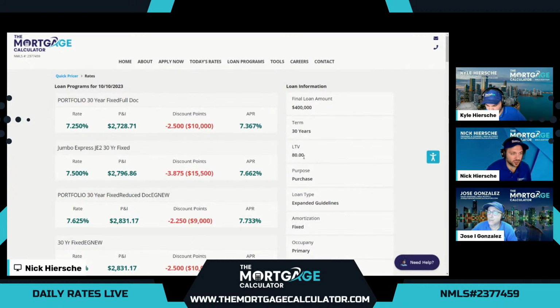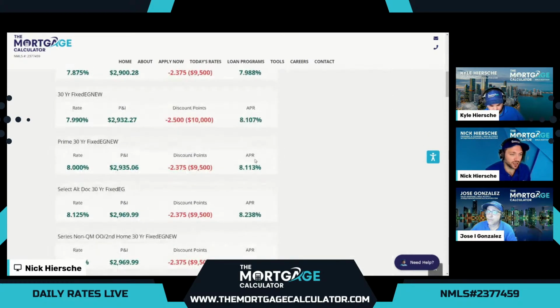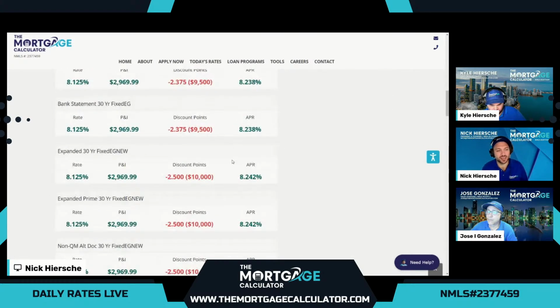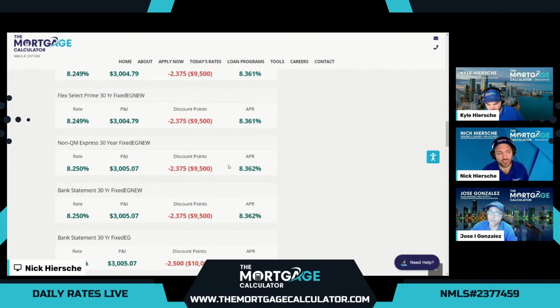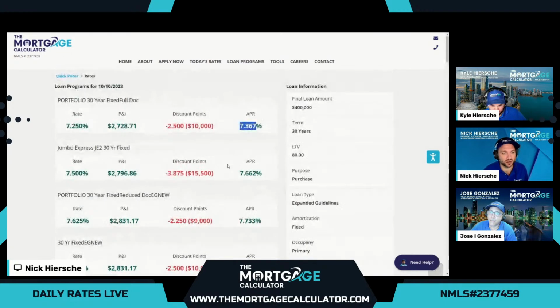All right, pretty cool option here at the top, which is one of the kind of hybrid options, portfolio options, 7.25 rate, 2.5 discount points and cost, puts the final APR at 7.367. So almost identical there to conventional. And we have a few other options that are very close. Some of these options here a little bit further down the list at higher rates and costs may allow things like bankruptcies and foreclosures and us to get around other guideline issues. So there's dozens, if not hundreds, of different variations of these programs. So please get with our team to find the one that will fit best for your scenario.